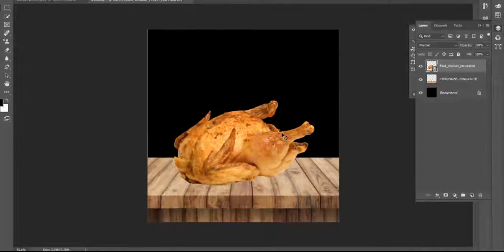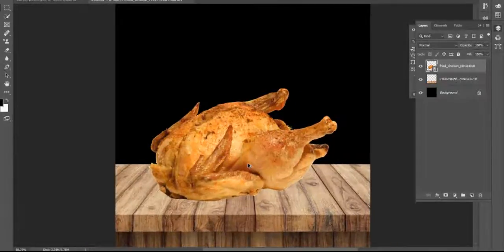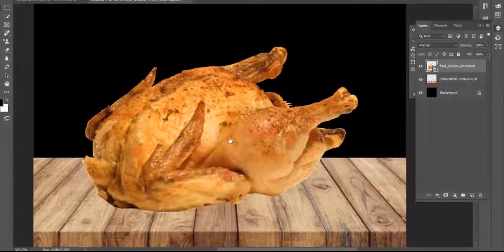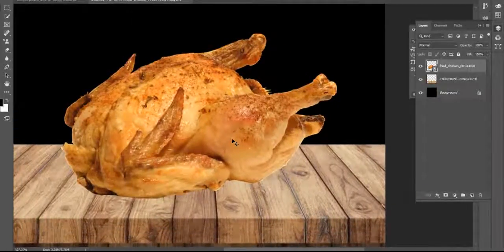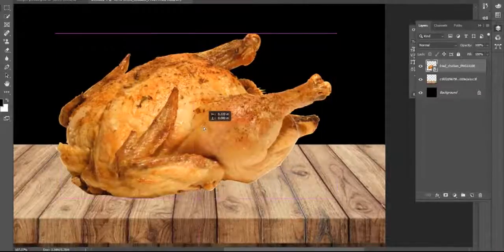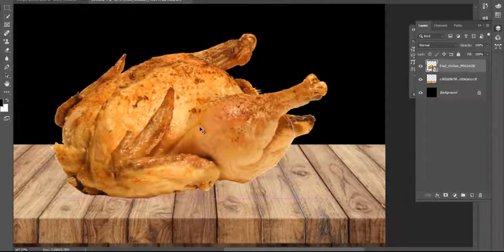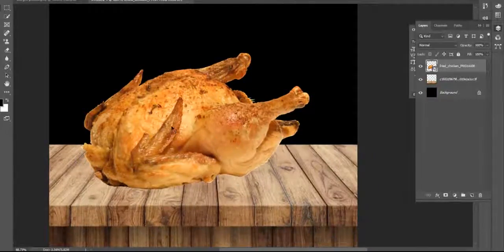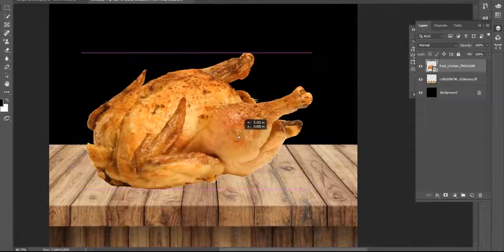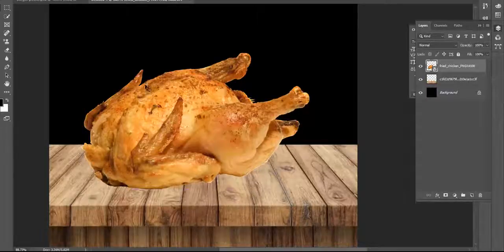this is a whole chicken, right? Please make sure when you download the image from the internet, the image is good quality. You have to download good quality images, and I downloaded this image from the internet. This is a PNG image. PNG stands for portable network graphics. Some people know it as a PNG image with a transparent background. Just write down whole chicken PNG images, and you can find this image, right?